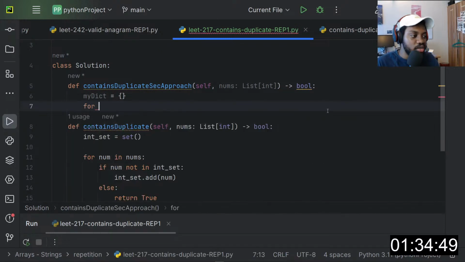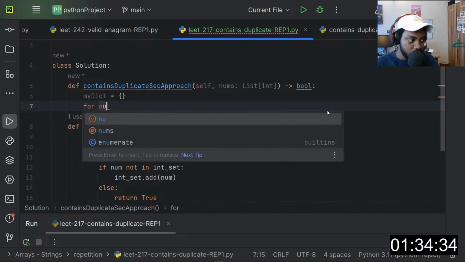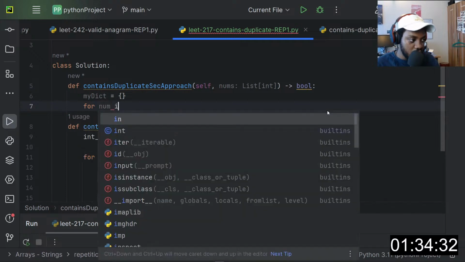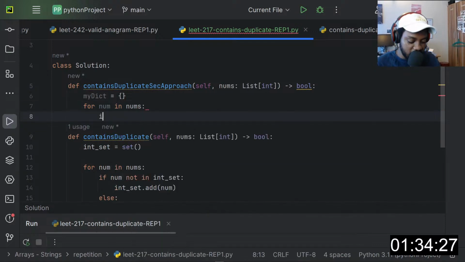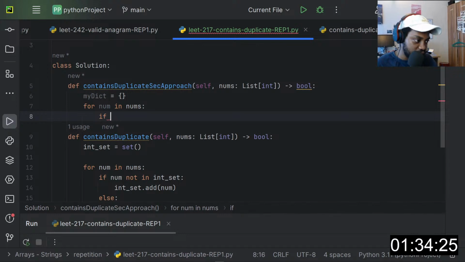So let's iterate: for num in nums, right? If the number is not already in the dictionary, we can add it. Else, we can increment its frequency.